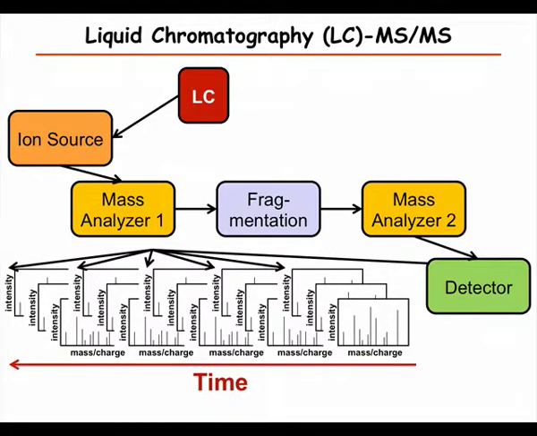So then, as we said before, we have complex mixtures, so we need to separate them. So we usually use liquid chromatography that can nicely be interfaced with especially one of the ionization methods that we're going to talk about. That's called electrospray. And then we usually set up the instrument to switch between taking a survey scan to see what's there at that time, to isolating one by one the peptides and fragmenting them,